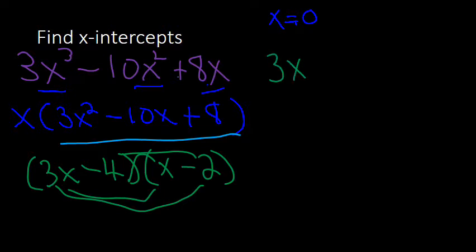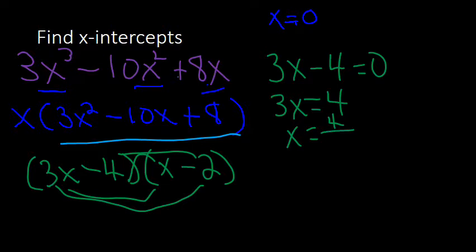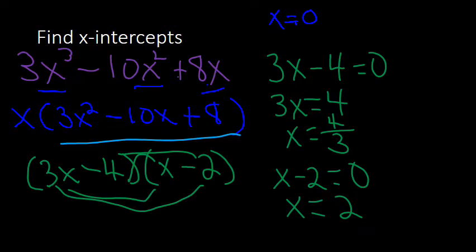and set them equal to 0. So I got 3x minus 4 equals 0, and 3x is equal to 4, and therefore x is equal to 4/3. And then on the second factor, x minus 2, we set that to 0, and then x is equal to 2. And so my 3 zeros then are 0, 4/3,